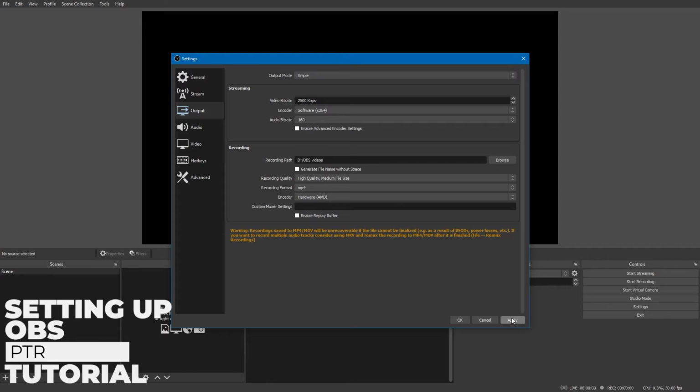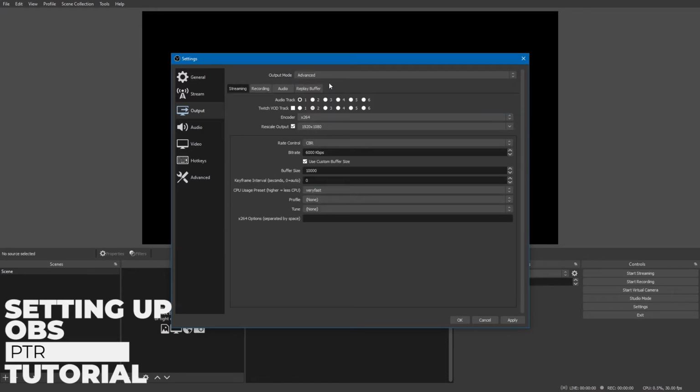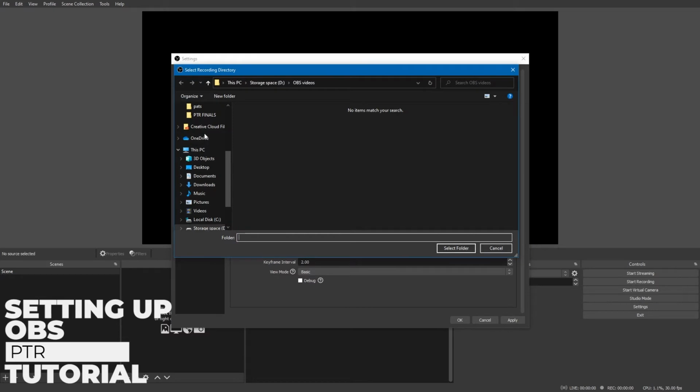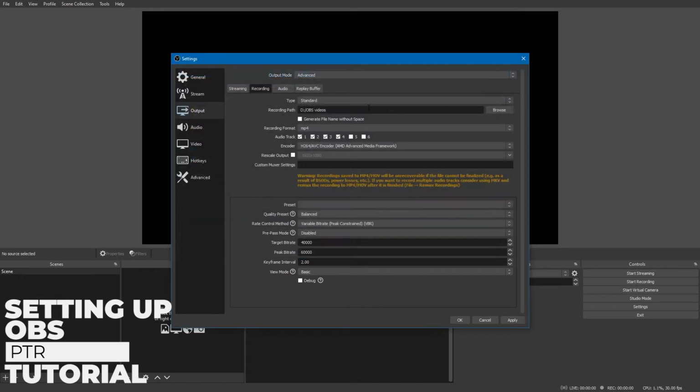But before I go to apply, I want to actually show you guys some advanced settings that you can also go through as well to get the best quality out of this. So I go over to advanced and I click on recording. Remember, I'm doing a recording video, and the type I select standard, and then you can select your path as well. Again, I still have it as the D drive for my OBS videos, and my recording format,